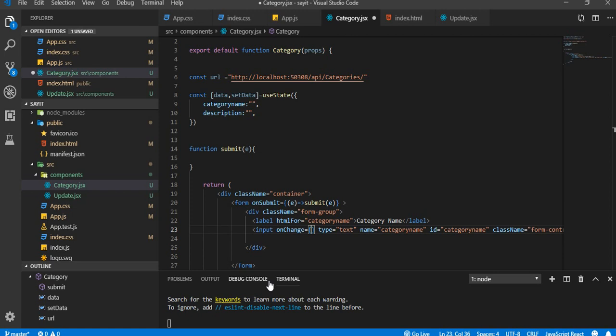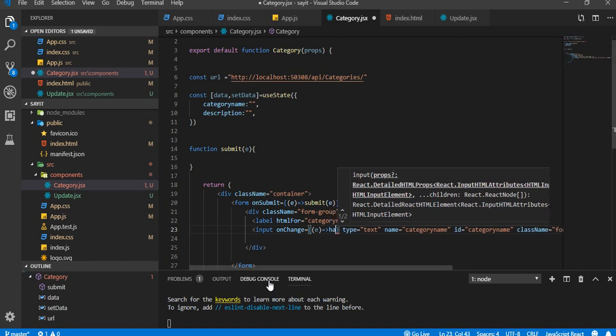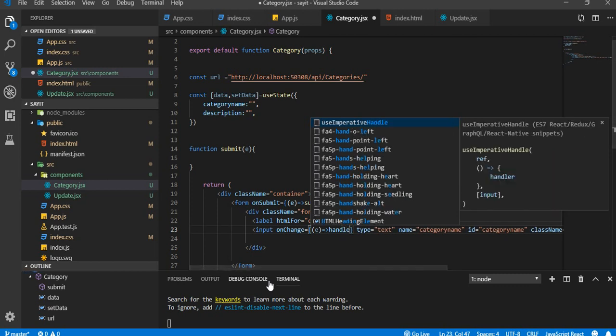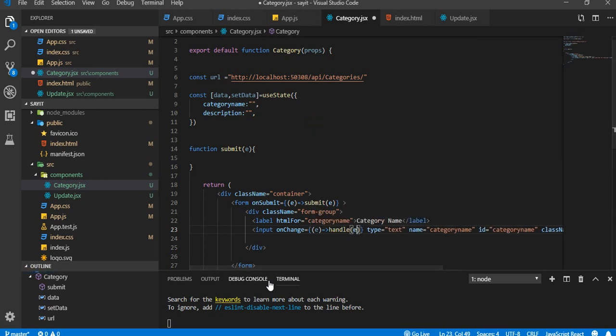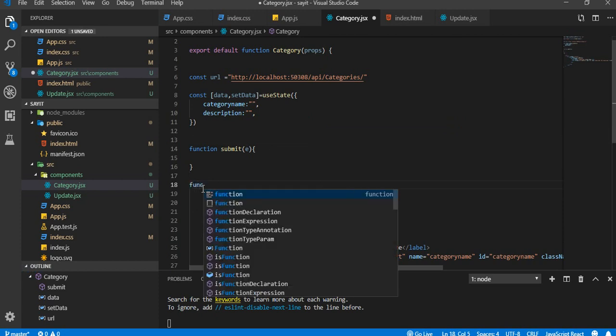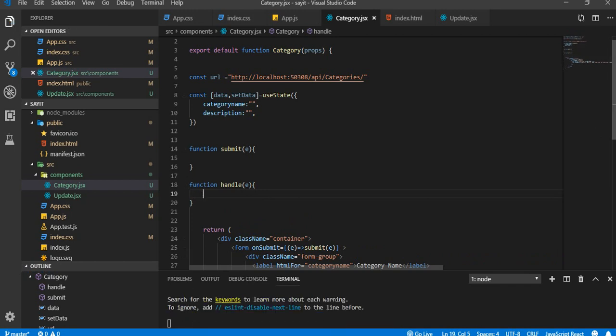So for that we're gonna say onChange event and event E, then an arrow function here, and then say handle. Okay, handle, event handler, or you could say anything. I'll put handle here and I'm gonna use E. So after that I'm gonna make that function here. So function name handle,